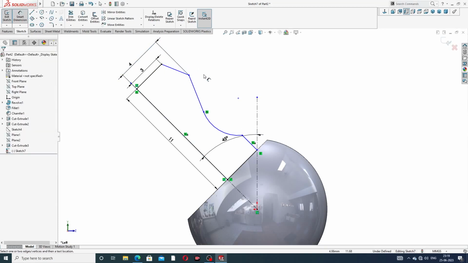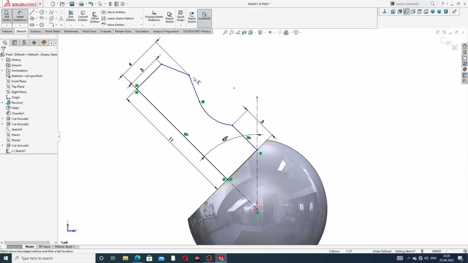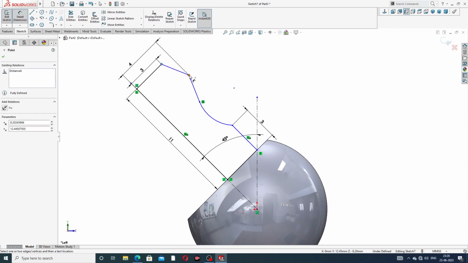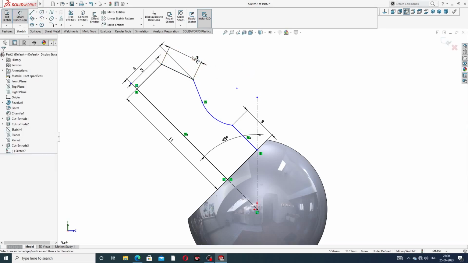Okay, and this line is a 3 millimeter, and again select this line to this 3 millimeter. Okay,